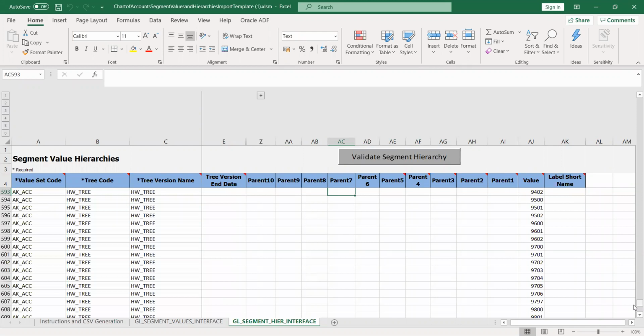If I have two levels of parents, what are the values which we need to populate here? If we have two parents, we have a child value. For this child value we have a parent, and for this parent we have another parent. Actually, this is the child, parent one is the parent of this child, and parent two is the parent of parent one. Okay, I got it. I thought it was the other way.